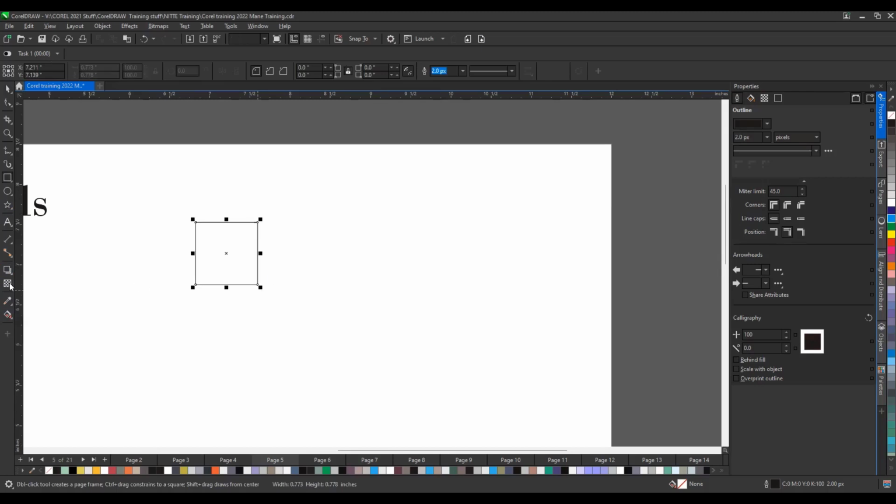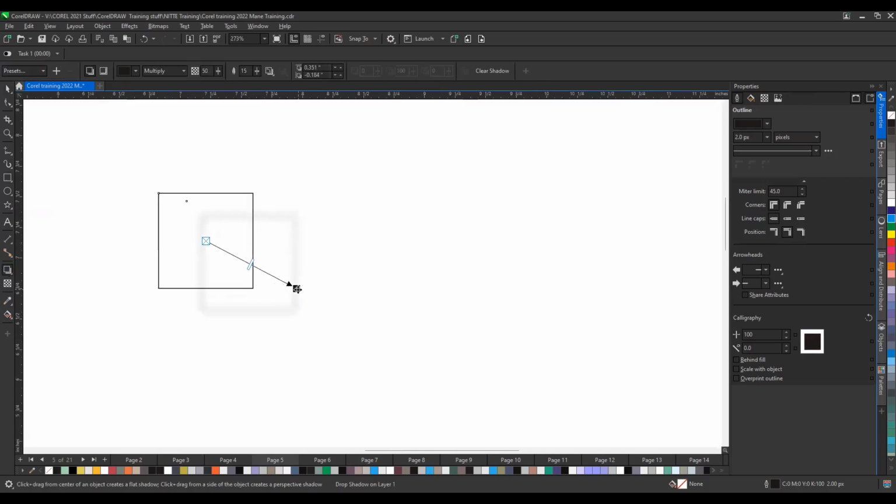Just quickly show it to you without wasting time. If you want to apply a drop shadow over here, can you see? Very easily you can apply a drop shadow. You can define which color drop shadow you want. Just click on the color, or you can simply drag the color on it. You can define how much and where you want to apply. So this is not a very big thing, but if I go to the blend tool, now what the blend tool does,